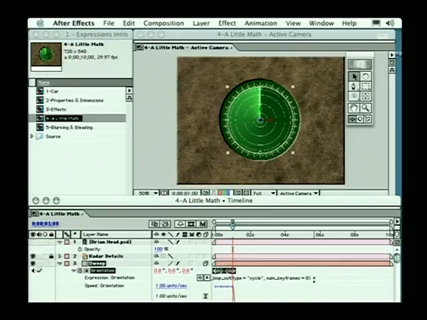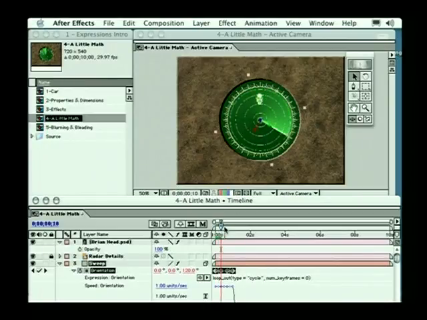Useful though it may be, it doesn't have much to do with math, right? So let's see how we can use the rotational values that we've just created and modified with the loop command to actually control the animation of another layer. And that layer is the little Brian head layer that we see down here. If we turn that on, there's a tiny little Brian head that now appears as a radar blip up here